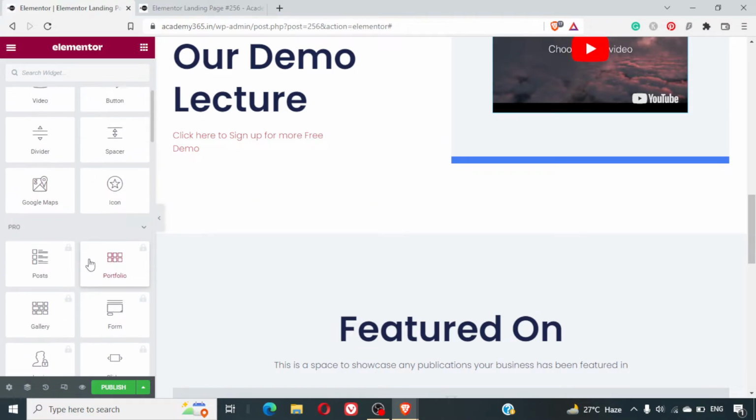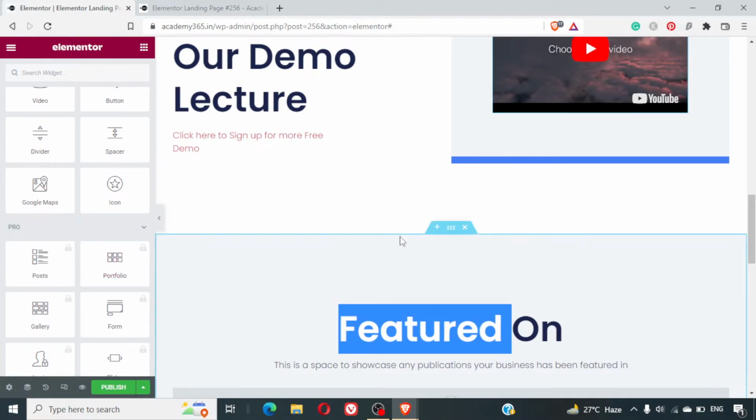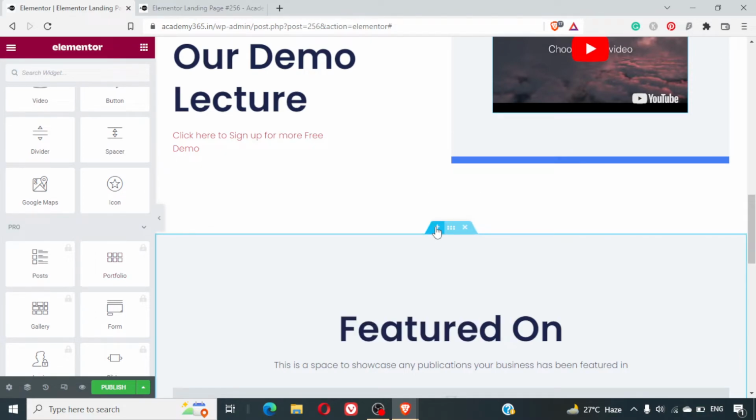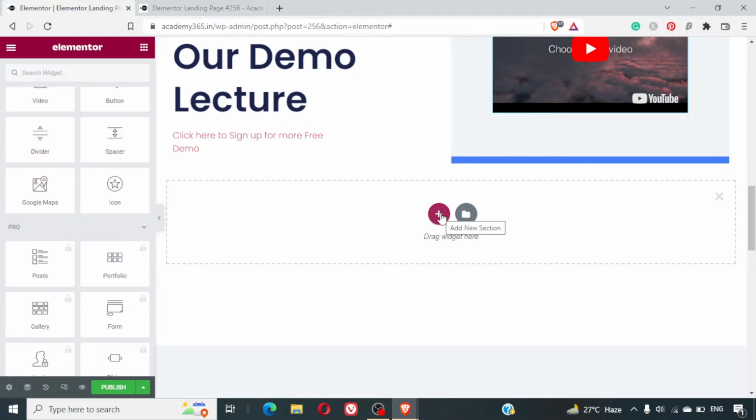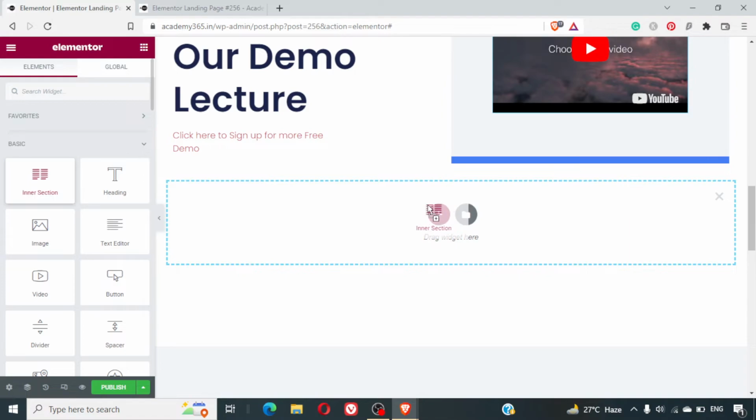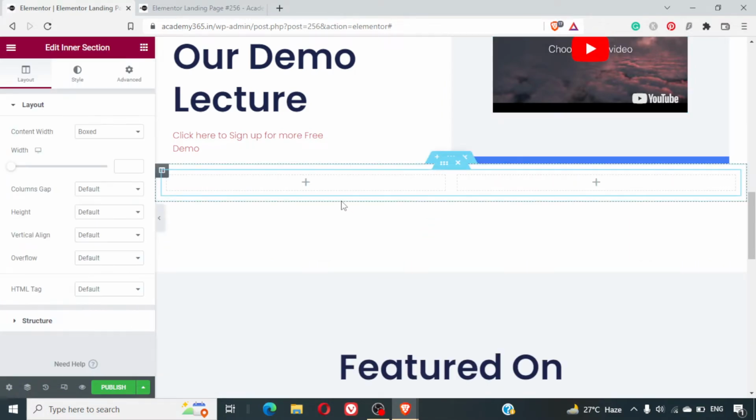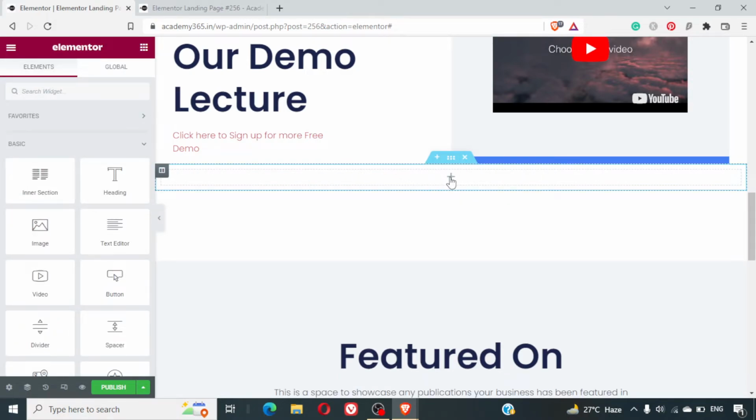Okay. So basically, I'll click on the plus sign. Here I'll get a widget. What I can do is drag and drop the section here, and decide what type of section I want here. So I'll click on the plus here,